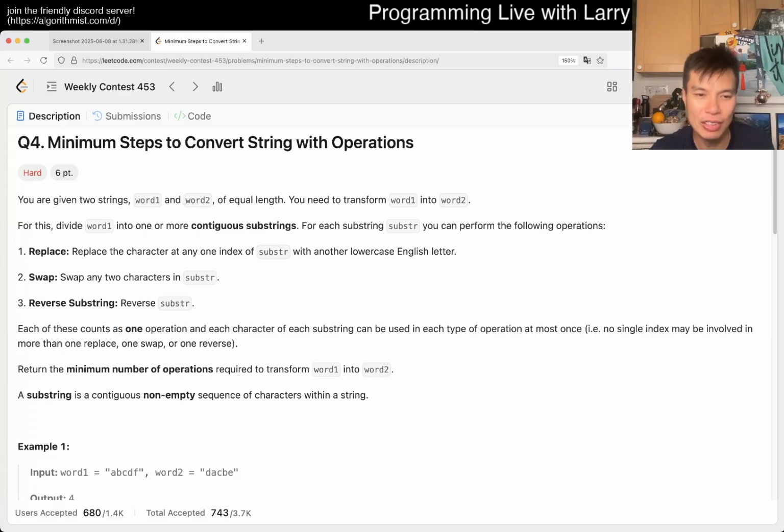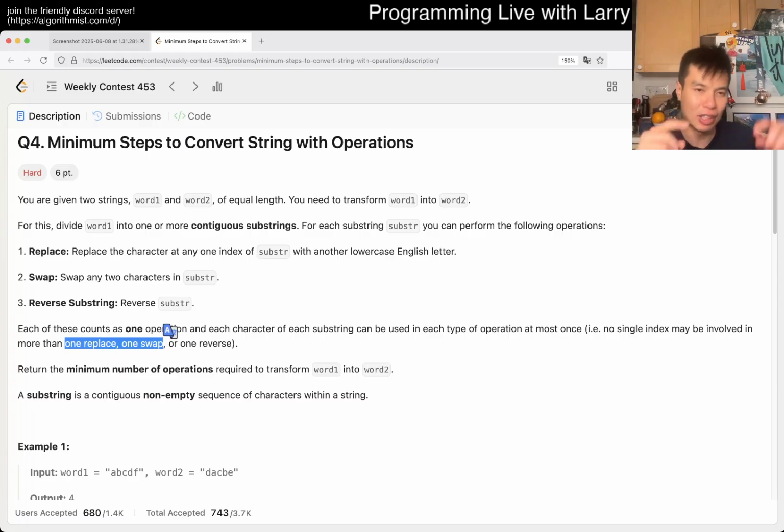But the idea here is that you have one reverse that you can do, or one replace and one swap. But keep in mind that with a replace and a swap, you never really want to do both. You could swap and then replace, but that's the same as a replace. So that means you essentially never want to do both. But actually, it's not so bad because there's a greedy way to do the swap and the replace and get to choose. The idea there is that for a given substring, if you could replace,